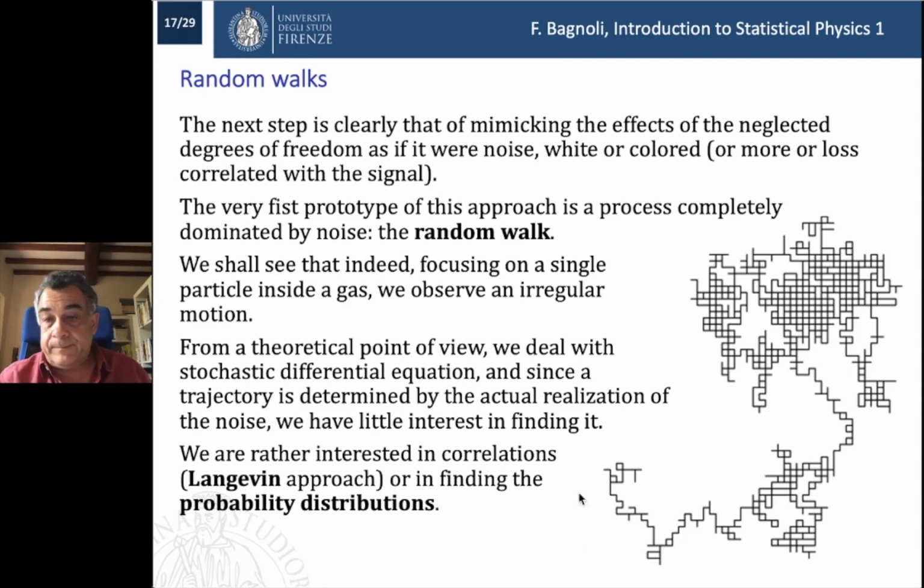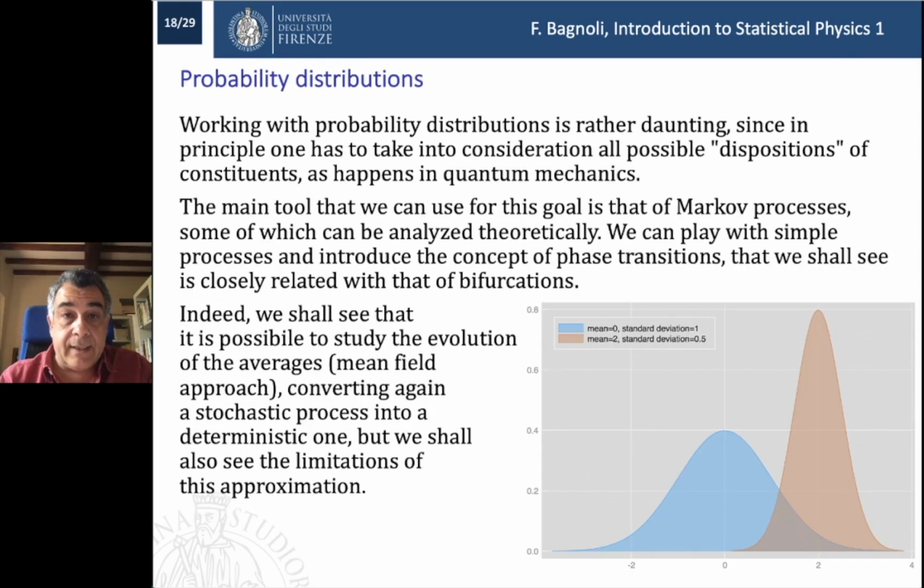A random walk is a trajectory in which there is at least some contribution due to a stochastic input, something that cannot be forecasted. For this we shall introduce not the same tools that we use to study, for instance, the trajectory of planets, but other tools, for instance, probability distribution or correlation, which is essentially the Langevin approach. And probability distributions are one of the main factors that we shall use